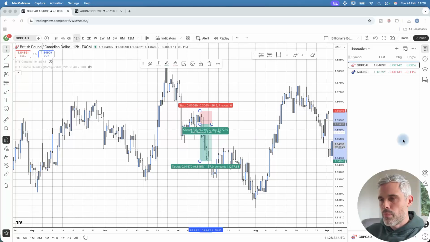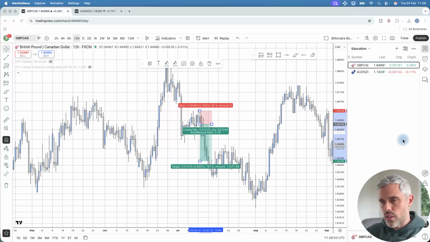Order blocks are one of the most popular concepts in trading. The truth is, most traders see an order block and they just enter. They have no idea of direction, context, whether the trade or the order block is actually going to hold. What I want to look at today is how to take order blocks from just candles on the chart to